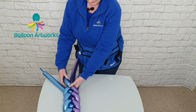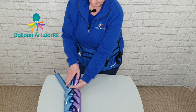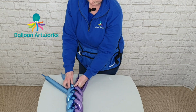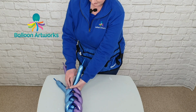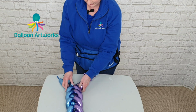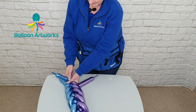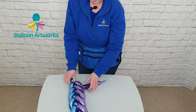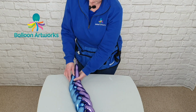We're making sure that our colours stay on one side. Bring the two from behind and twist. Bring the two from behind and twist. I think we might get one more out here. Two from behind and twist. I'm actually just wrapping this through because that was right at the end of the bubble. So that's what we've got, and then we can bring this one forward